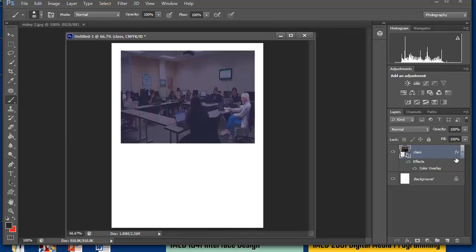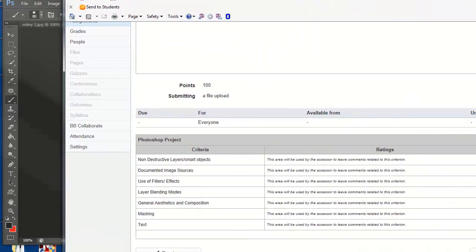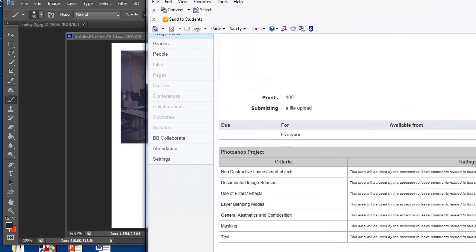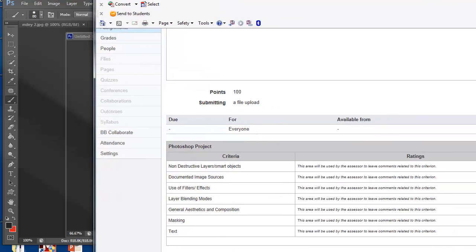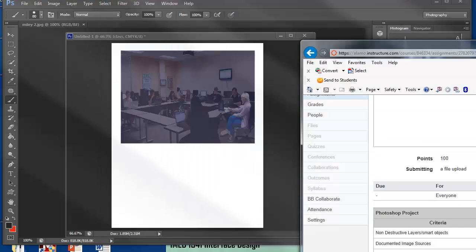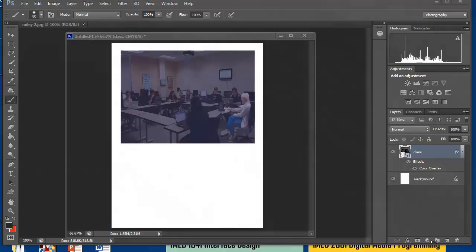But another thing I want to talk about is what I asked you to do here: use of filters and effects. For that, I will also take the adjustment layers. And with the adjustment layers, what you also saw me do there was masking. So if you use an adjustment layer with that type of masking that I just did, the black and white thing, you actually kill two rubric birds with one stone. The other way that masking is used